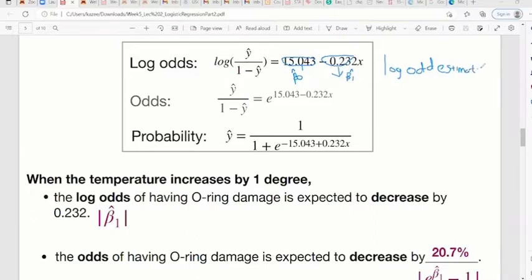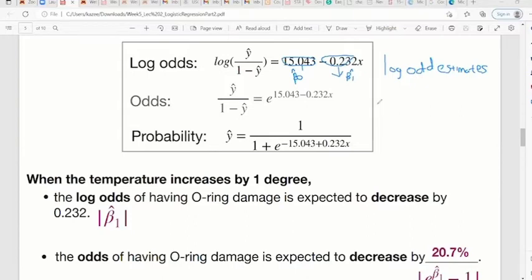Okay, we call them log odd estimates. That's what we call them. I just want to take note of that. So if I now want to interpret the negative 0.232, then I'm going to say when the